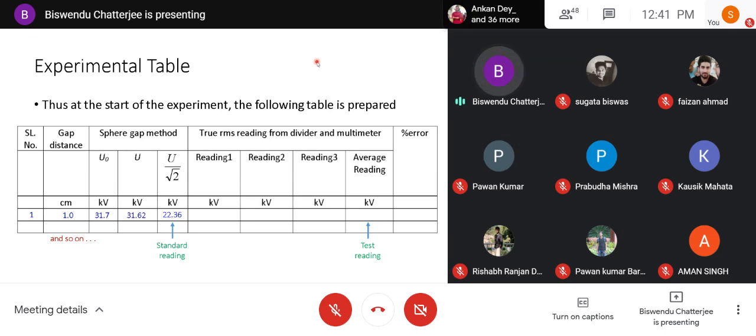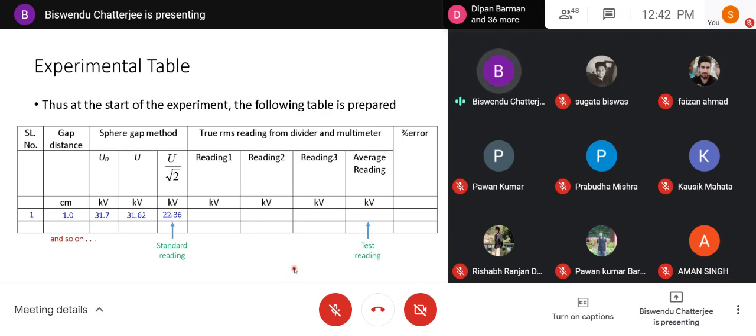This table. One of the students asked me another question. I told him to remember that question. What was the question? Did I get into this point now, or will I get it later? Let me recapitulate. So the question is, initially the sphere is connected or not? That I will get into in the procedure. Okay. Sorry, I forgot. So this table is prepared before going to the laboratory. Is it clear? Yes, sir. These values are only mathematical calculations.